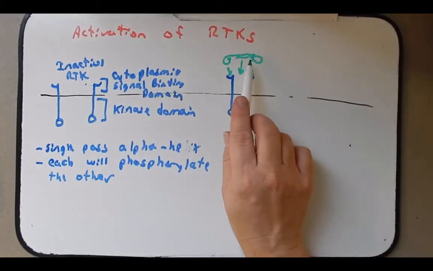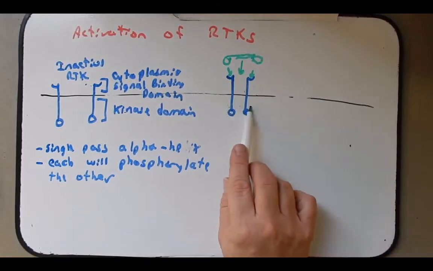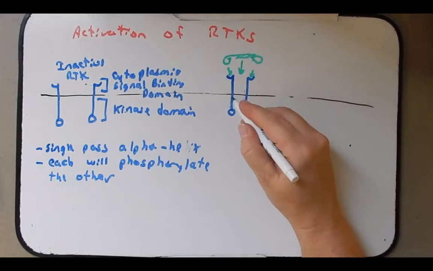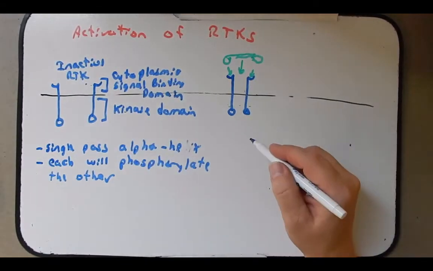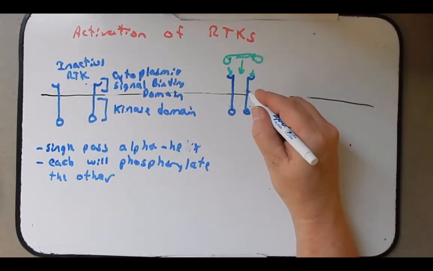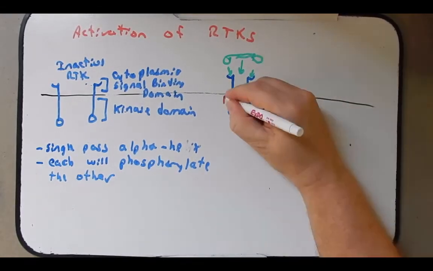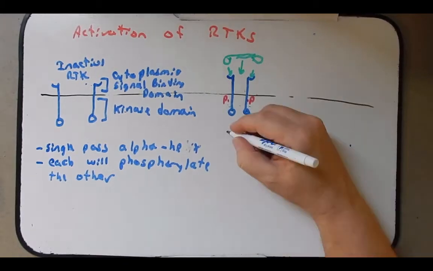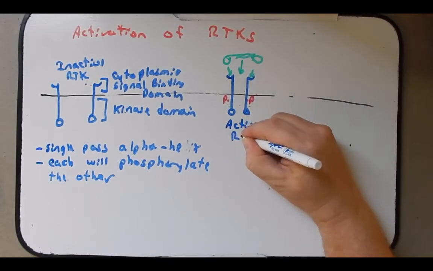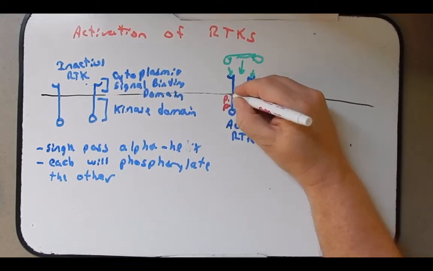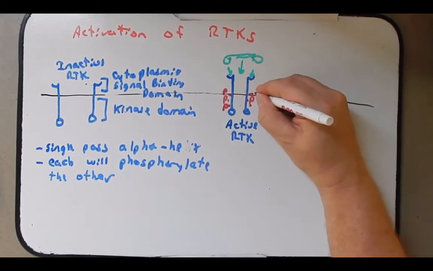Since they're connected here, they're going to bring these two RTKs next to each other, allowing the kinase domains, and remember kinases are the enzyme component that phosphorylates a substrate, to phosphorylate the other RTK. And now this will be an active RTK. Though I just drew one phosphate group here, depending on which one we're talking about, it can have numerous